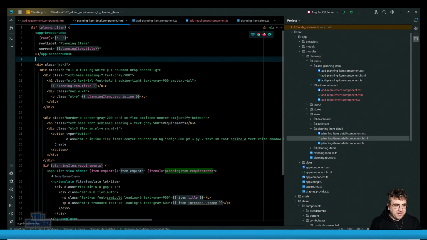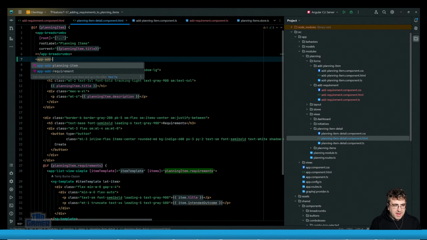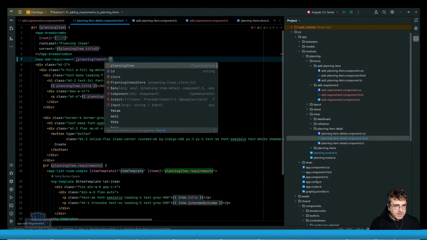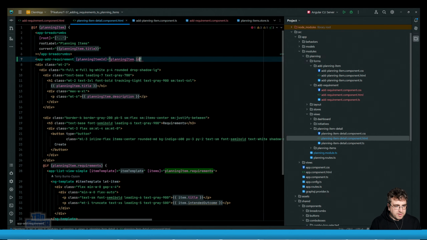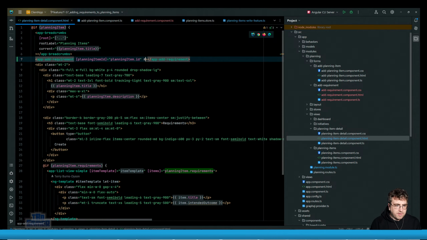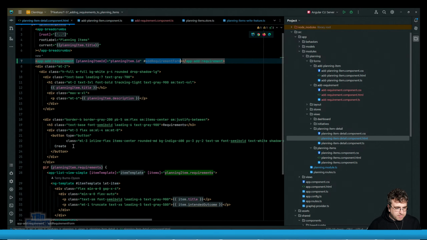So, let's do this. Let's do app add requirement. Planning item ID equals planning item.id. Then what we do is, so we need an identifier, add requirement component, add requirement form. So then when we click create,